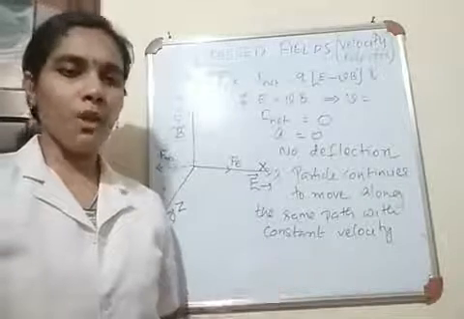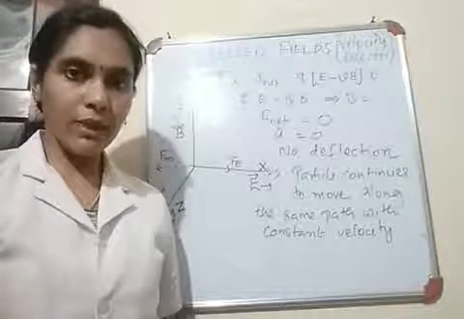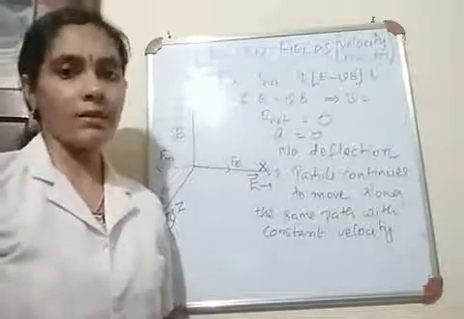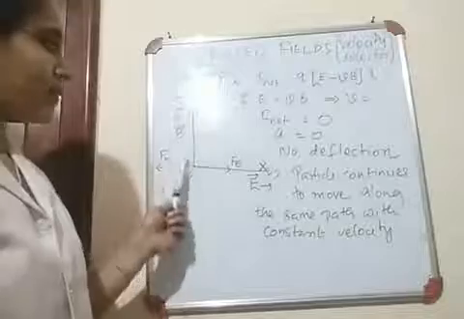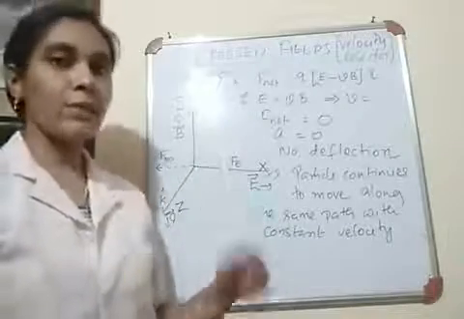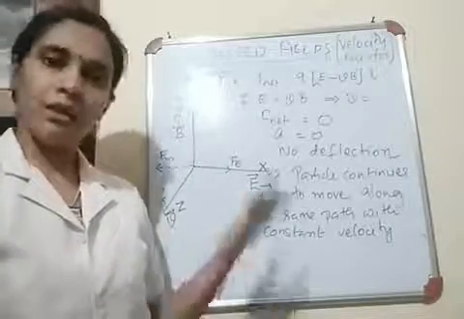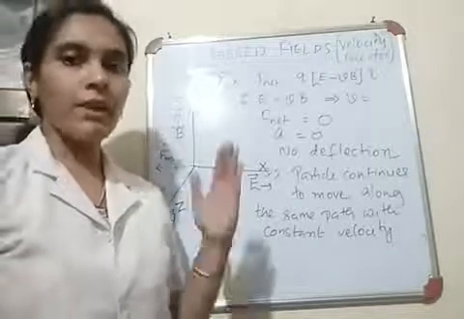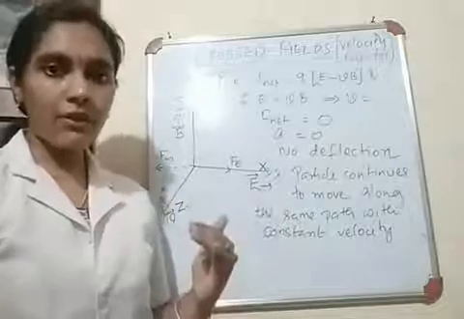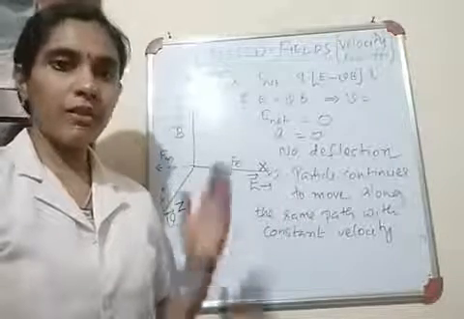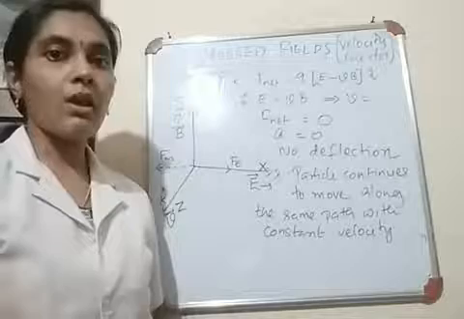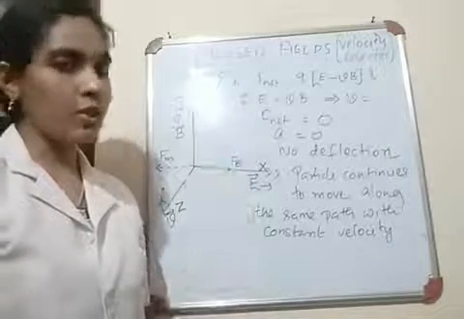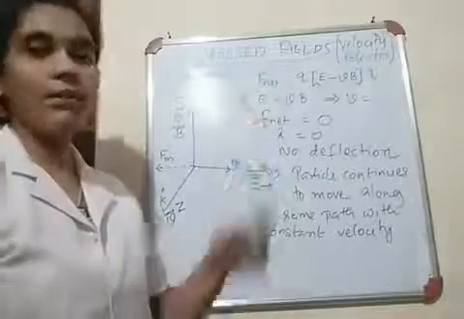And what do you mean by crossed fields? It is not a new thing, my dear children. What we had discussed just before itself is a crossed field. Here, magnetic field and electric field are perpendicular to each other, right? Such a type of field is known as crossed fields. So whenever the magnetic field and electric field are perpendicular to each other, those fields are known as crossed fields. And when a particle enters such a crossed field, what is the net force acting on the particle?